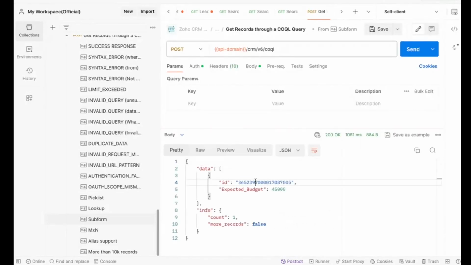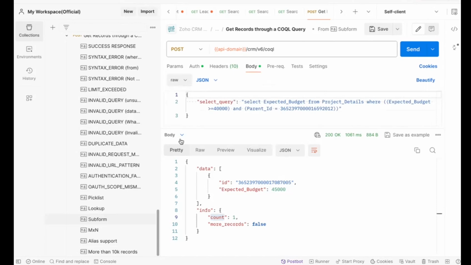I have my ID of the subform record, and then this is the field. As you can see, I have one record that has matched my condition in the where clause. So let's just